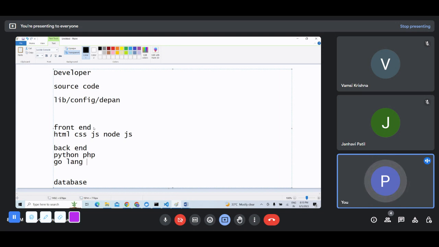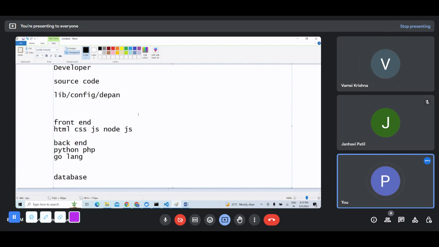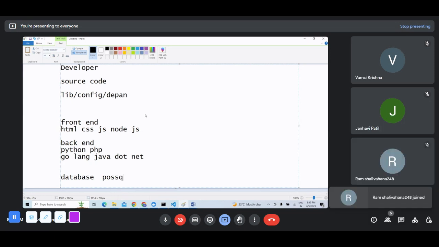I'm working in Golang actually. Okay. And what about Java? .NET, right? So these are some of the backend languages, right? Now coming to databases, what about databases? PostgreSQL, SQL, MongoDB, right? So PostgreSQL,